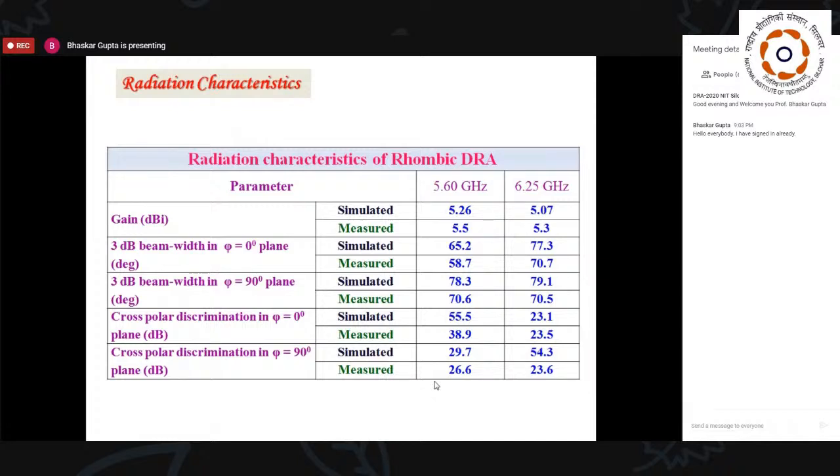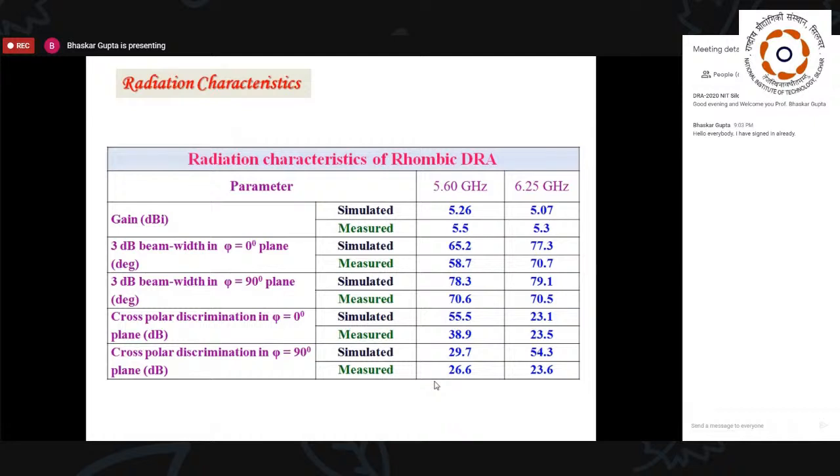In the phi 90 plane, the corresponding figures are 70.6 and 70.5 degrees respectively. And the cross polar discrimination, you see here, you'll be surprised to get such a nice value. Cross polar discrimination was measured. I'm not talking about the simulated value. I repeat, measured at the two resonant frequencies as 38.9 dB, as high as that, and 23.5 dB